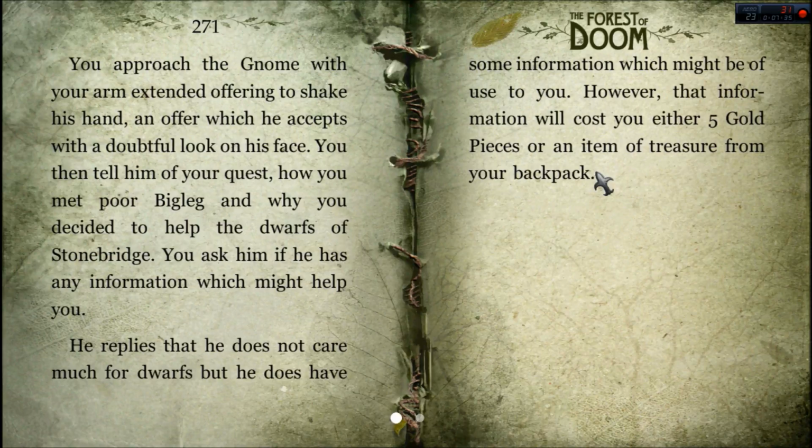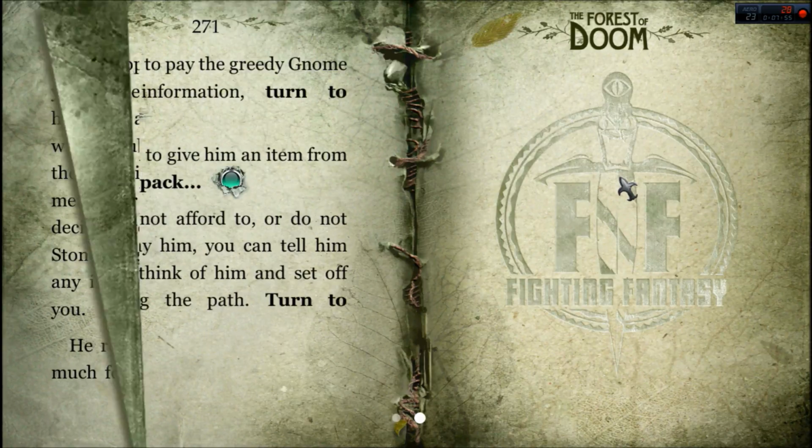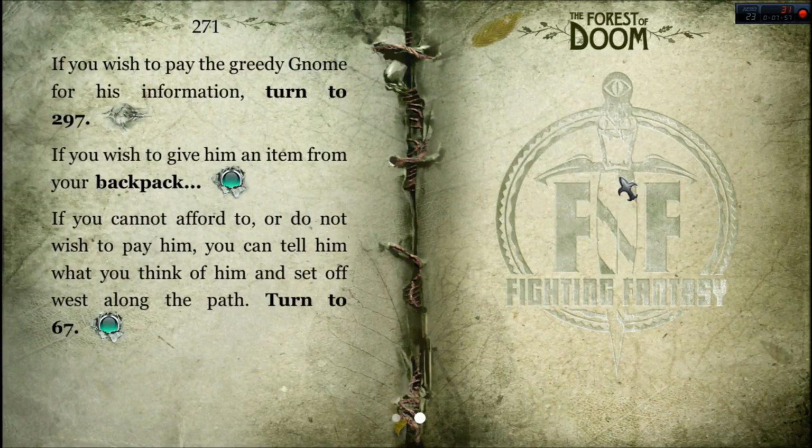You then tell him of your quest, how you met poor Big Leg, and why you decided to help with Walter's Stonebridge. You ask him if he has any information which might help you. He replies that he does not care much for dwarfs, but he does have some information that might be of use to you. However, that information will cost you either 5 gold pieces or an item of treasure from your backpack. If you wish to pay, I can't. If you wish to give an item...